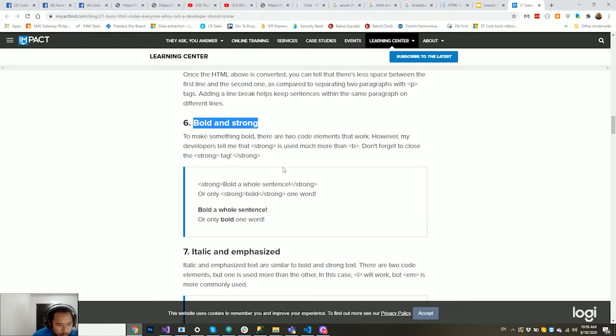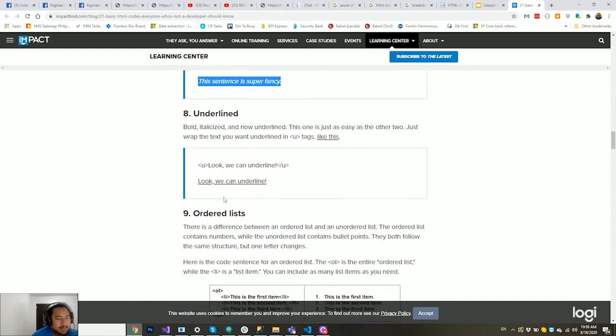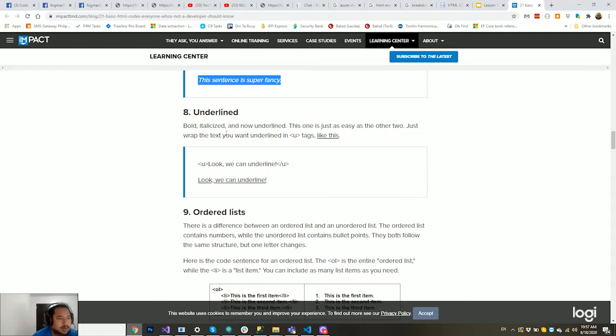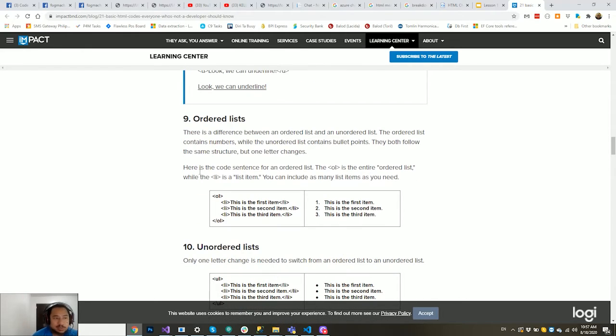You can emphasize sentences with bold and strong. So basically bold is, it's not the bold you're thinking about, but it's bold where the text is stronger, like this one compared to these normal texts. And then italic and emphasize is basically italic and emphasize. They're pretty self-explanatory. If you don't know, just run to this link. I can put underline, but all these can be achieved by styles as well, which I'm going to run through